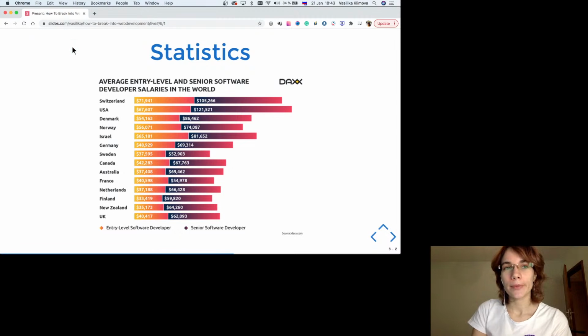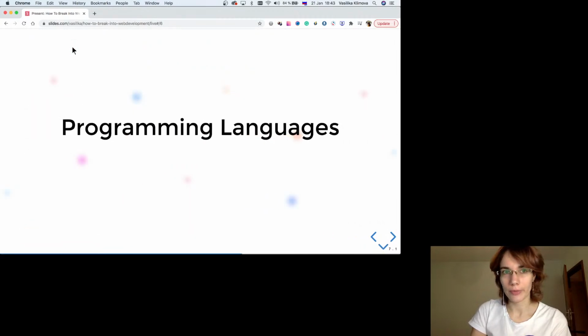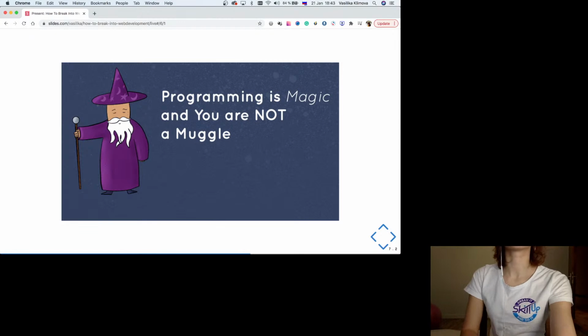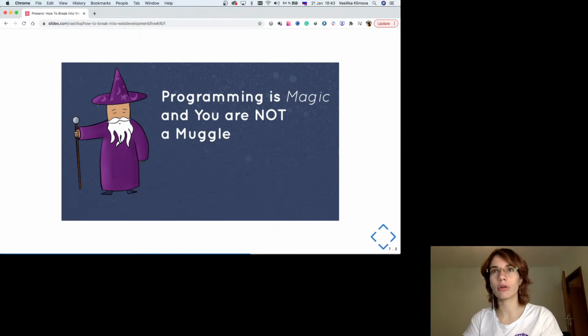Okay, so let's go further about programming languages. A lot of my friends from different areas think that it's so hard to be a web developer, that it's only for very clever guys. And usually girls are a little bit afraid of it as well, because they think that it's not for girls. It's not true as well, and I would say don't even think about it being hard. Yes, it could be hard if you talk firstly about C++ development, but if we talk about JavaScript development,